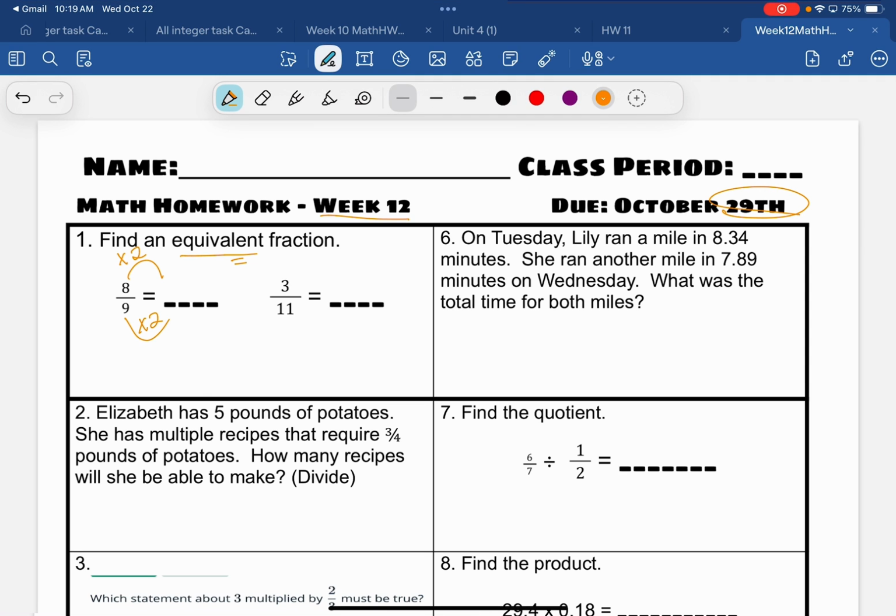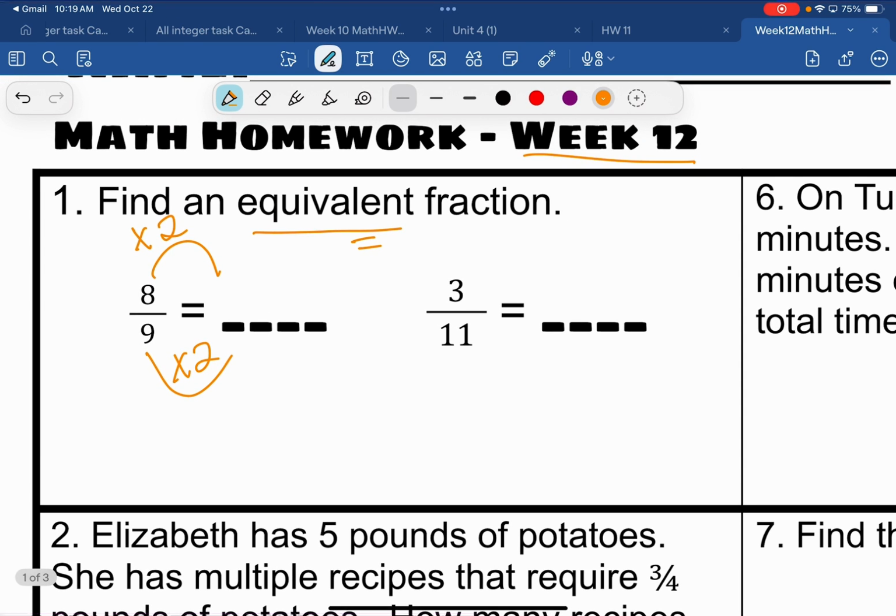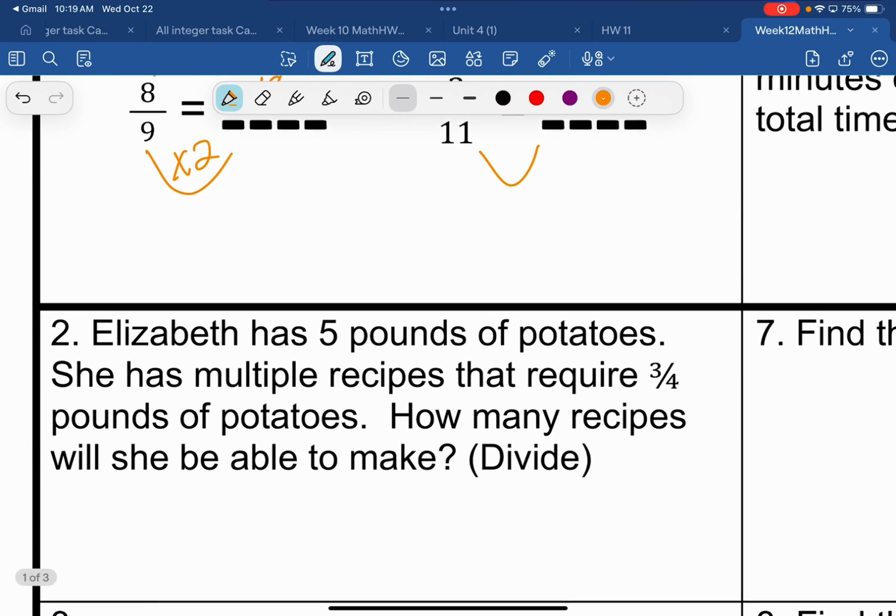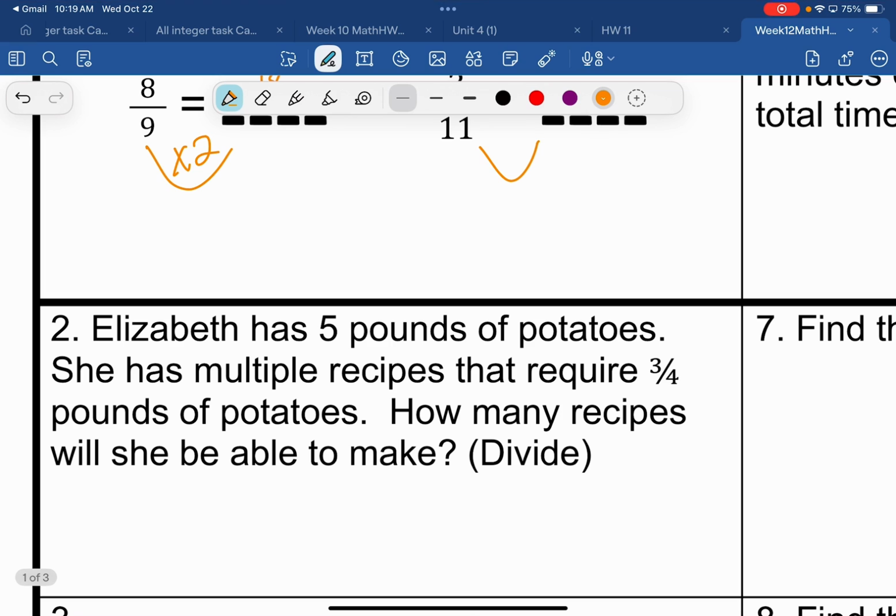You have to do to the bottom. So I can do 8 times 2, which is 16. And I can do 9 times 2, which is 18. And then that's it. Where it's equivalent, I'm not asking you to simplify. I'm asking for one that's equal to it. And so then you are going to do the same thing here, picking whatever number you want to create another equivalent fraction. Number 2,